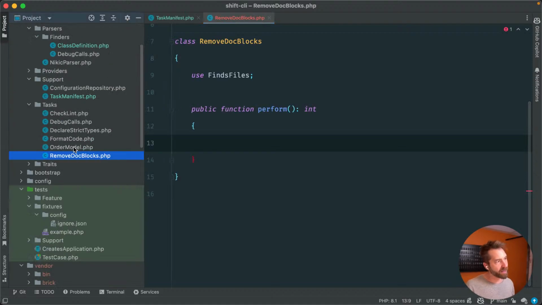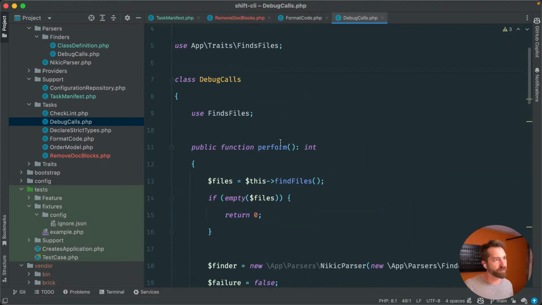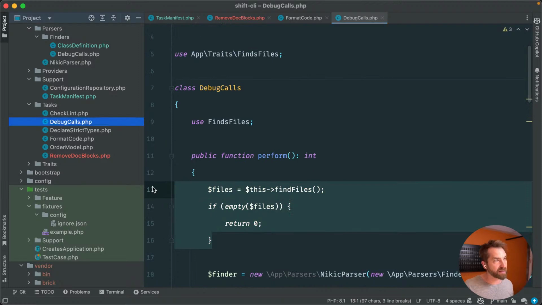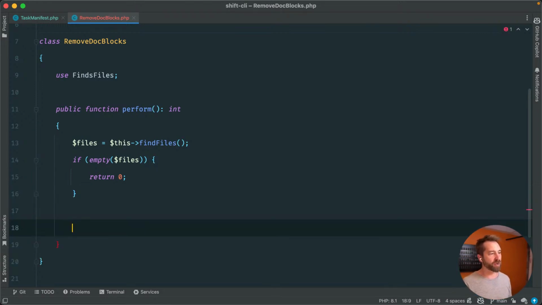And again, this is why I think so far, and this is all going to change, but to me this is proof that not copying the code from Shift is the right approach, because there's potentially nuance in the context in which you're running these tasks. You're running these tasks from the perspective of a CLI, in isolation, not committing them. There's just enough differences that it would be more effort for me to try to share this code, and I'm harping on it because I think a lot of developers